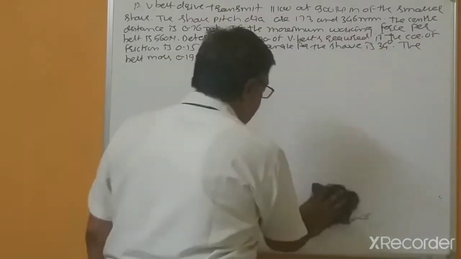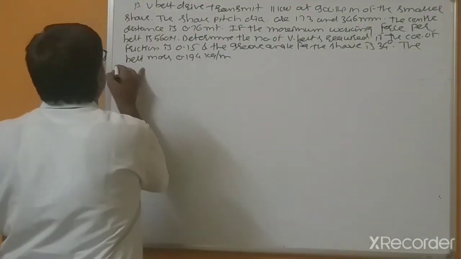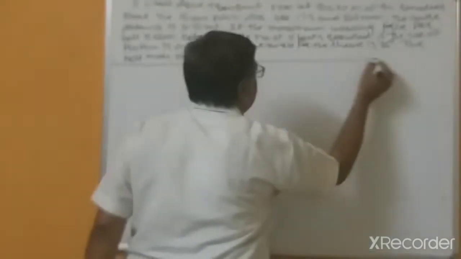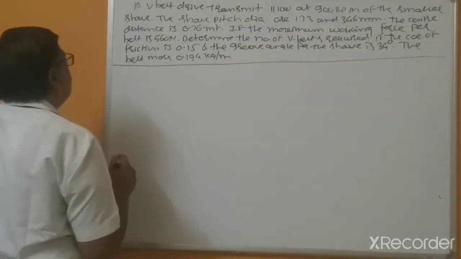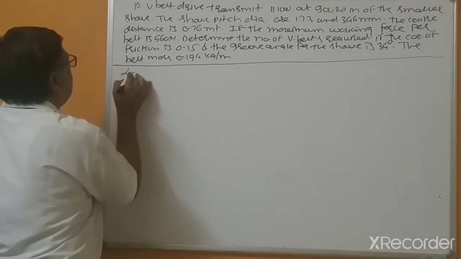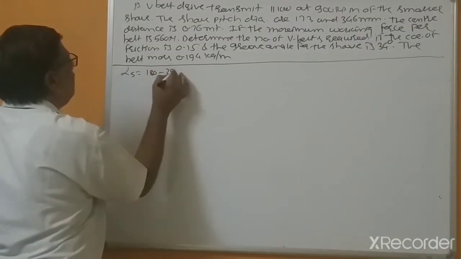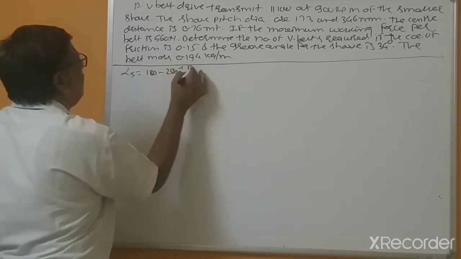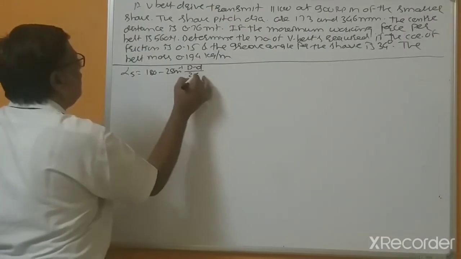So in the previous problems, the arc of contact was given. In these problems, the arc of contact is not given, so that has to be calculated. Alpha S equals 180 degrees minus 2 sine inverse of (D minus d) divided by 2C. By using this formula: